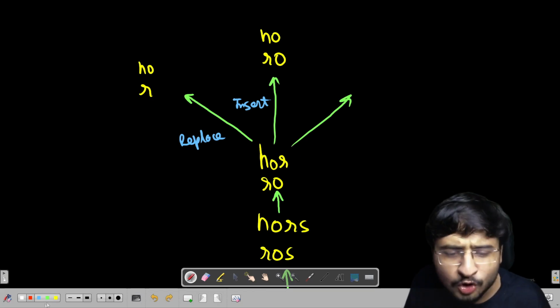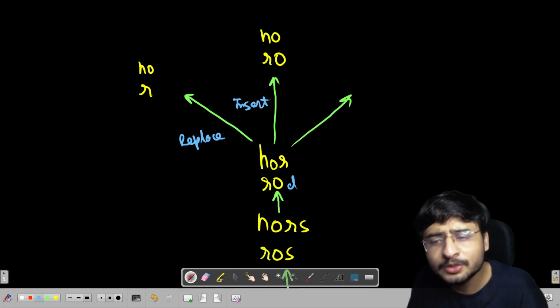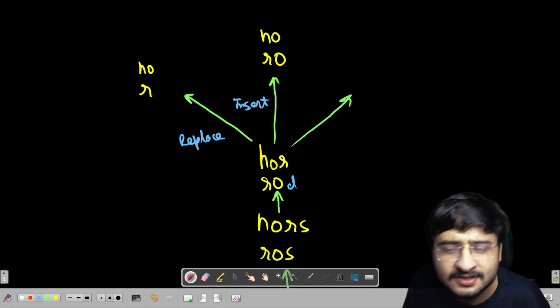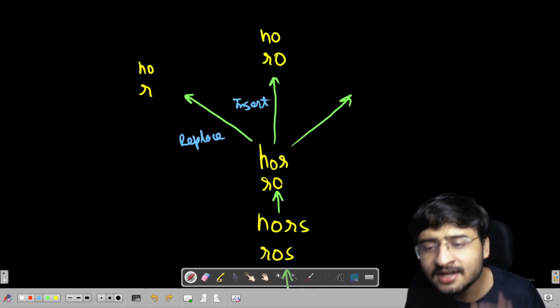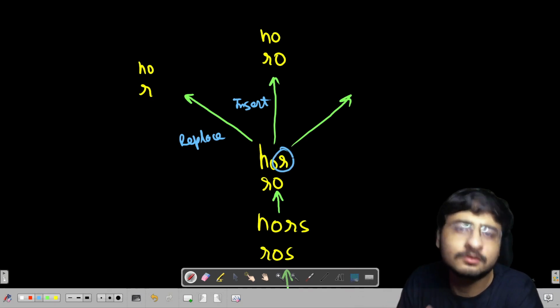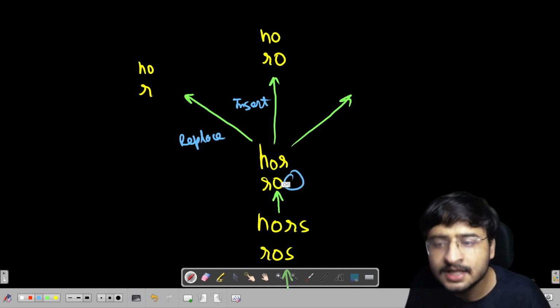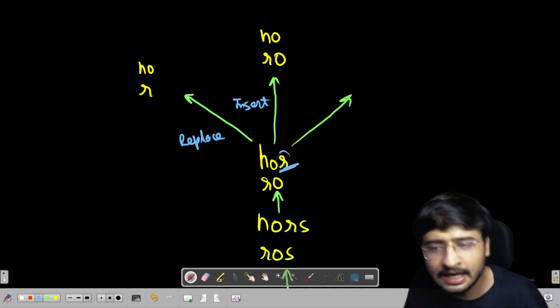Definitely, why would I want to insert a D here? Why would I want to increase my work? There's no point of increasing the work, right? So I will insert whatever character is there. They are not asking us what character we are inserting. I'm just saying that if I insert any character here, that character will definitely match because I'll add